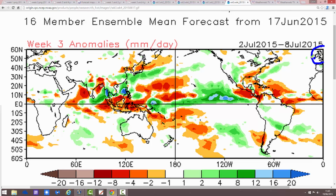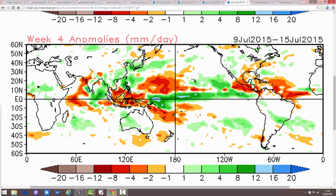Now, what I think this is telling us is that whilst it's not a wet week, there is probably thunderstorms breaking down that southerly to southeasterly flow that could set up for a few days during early July. And then with high pressure back to the west of the country for the final weekly period from the 9th to the 15th of July, the rainfall anomaly, precipitation anomaly is going back towards, not totally there, but back towards